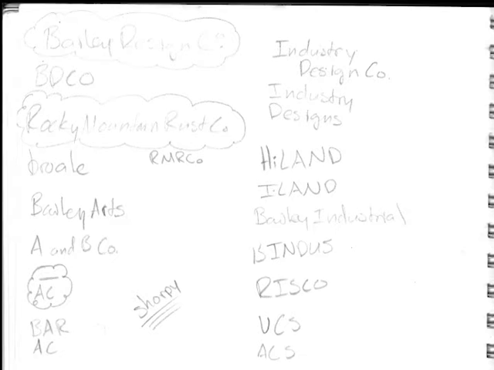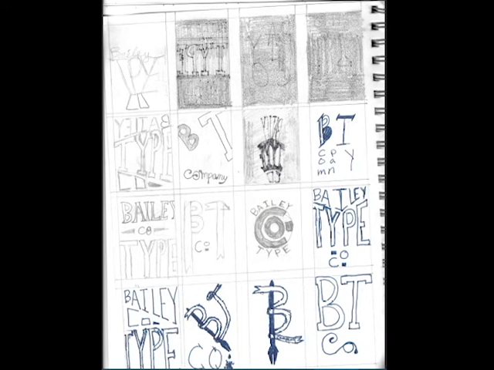Me being a lover of old things and old advertising and old antiques and collecting, I thought that Bailey Type Company would be a good one, mainly taking the tradition of having it be a name incorporated with a type company. So after I was able to find a name that I felt was suitable and appropriate and exciting to get behind, Bailey being my own middle name after all, the next step in the creative process was to create thumbnail